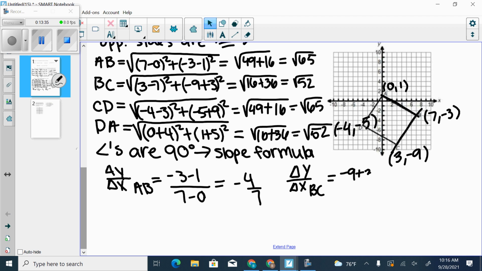Good, or plus 3, right? Over x2 minus x1, which is good. All right, what is negative 9 plus 3? Negative 6. And what is 3 minus 7? Negative 4, which would simplify to